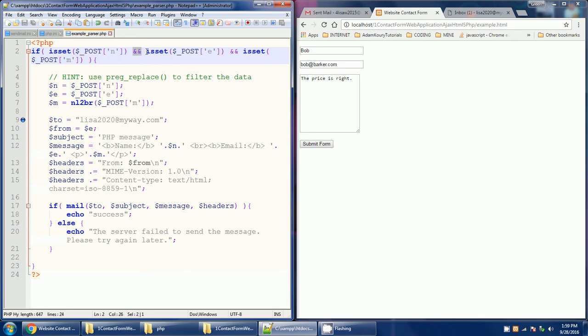And then he had a note here, hint: use preg_replace to filter the data. I didn't do anything about filtering the data yet. I'm still trying to just understand this particular code that I'm working with right now. And so here we have $n equals, I don't think I need to say the dollar sign, you see it. n equals $_POST with n in the brackets. e equals $_POST with e in the brackets. m equals